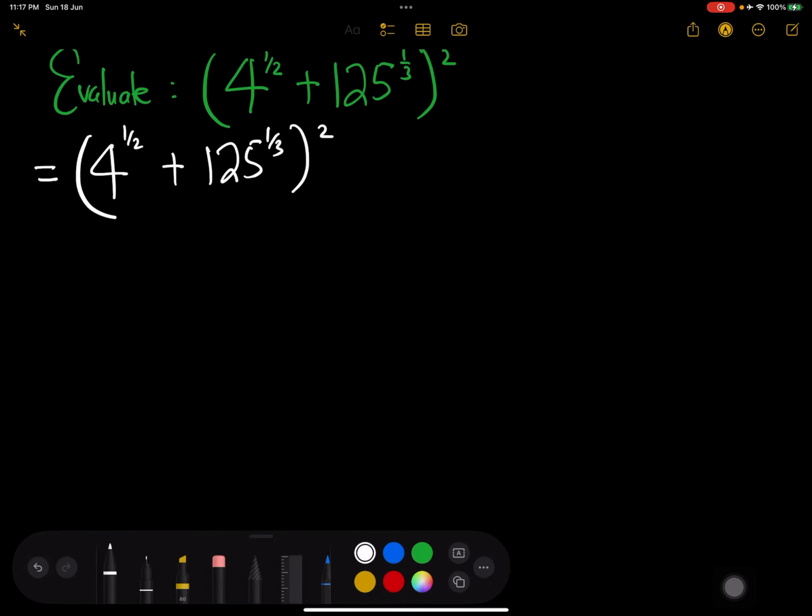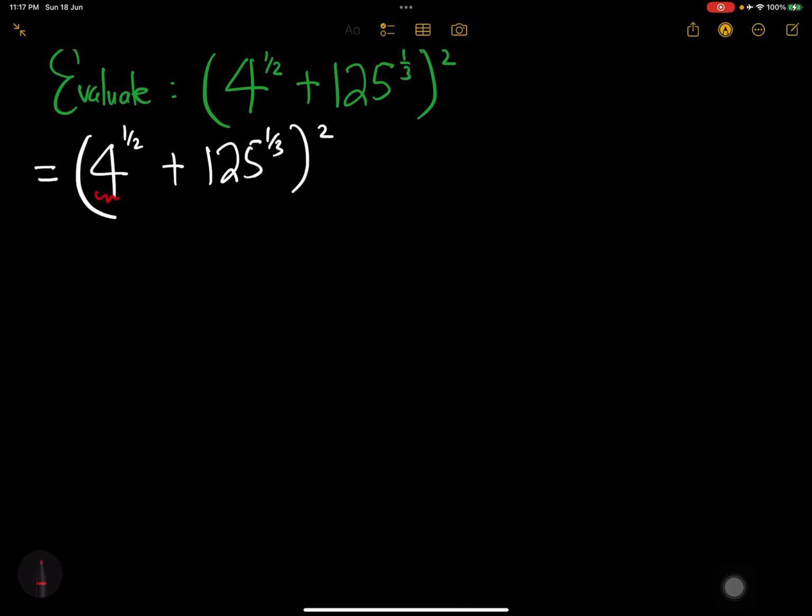Now, if we look at this number 4 and then the numbers on top of it, what is common is that we can see that 4 is common to 2. So we can write this 4 in terms of 2 by saying it's 2 exponent 2 all to the power of half. Okay, a big bracket, plus